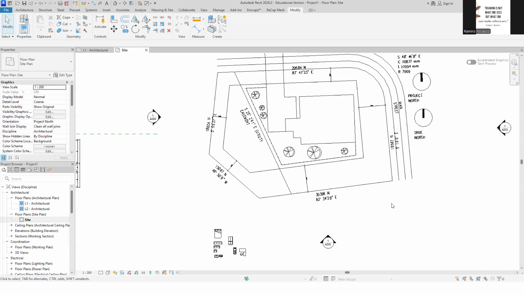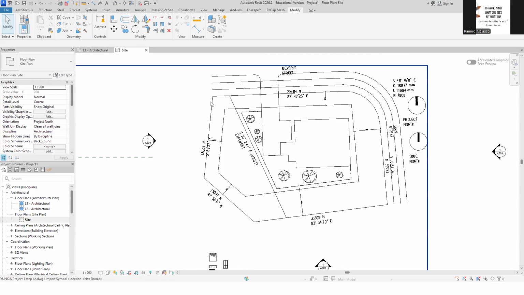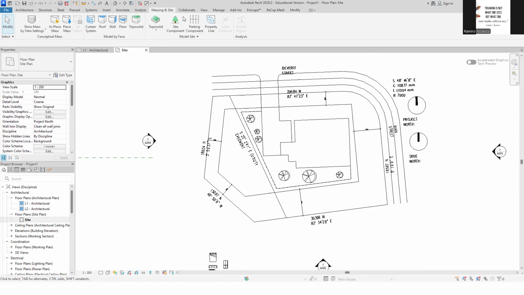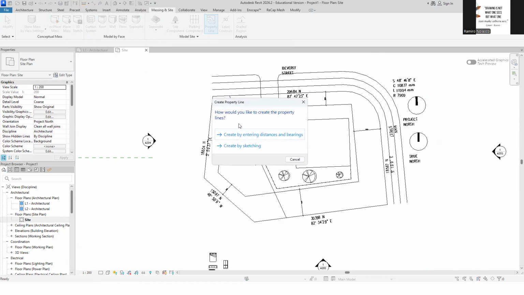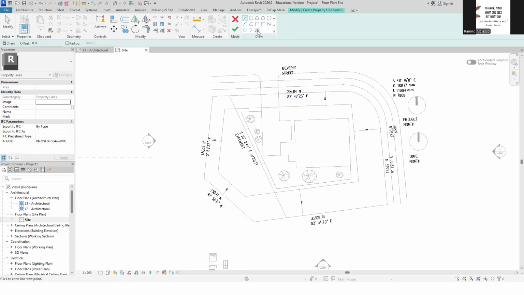Escape to cancel. Now, to again demonstrate how to create the site plan, once you have an AutoCAD file, is very easy. So you just click on massing and site, property line, create by sketching, and then select pick lines and simply pick the lines.